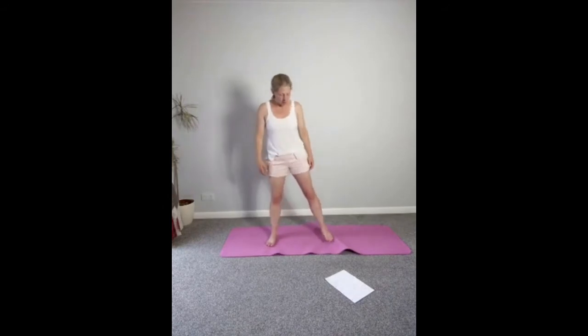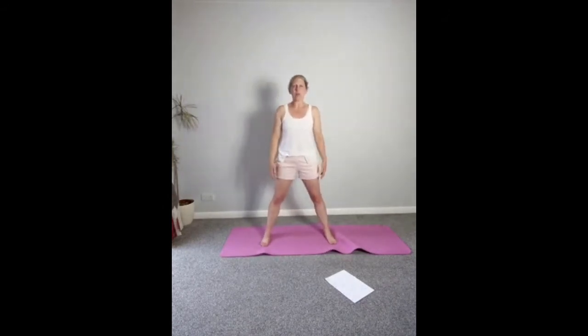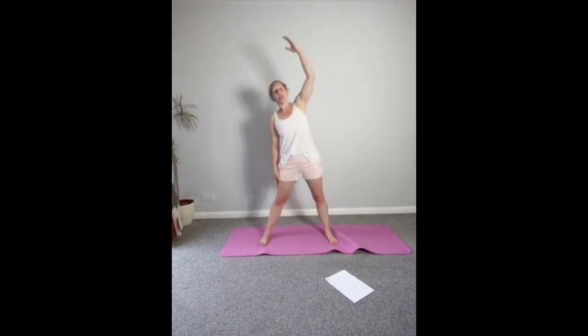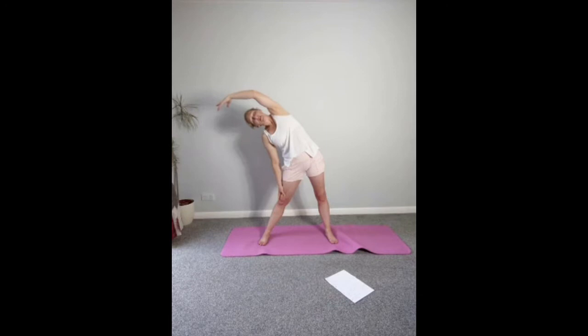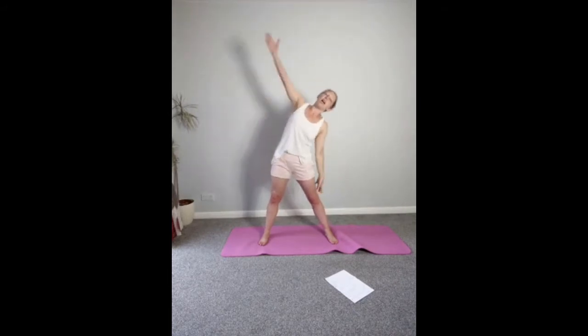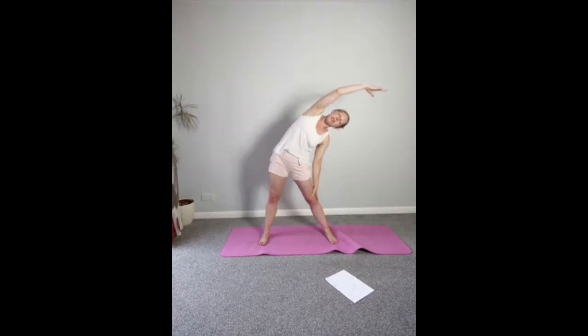Coming back to centre, relax the arms back down by the side of you, and then we're just going to take the feet a little bit wider, but so it's still comfortable, and just reach up and over to the side. So just taking that stretch through the waist all the way down to the hips a little bit further, reaching over, holding it there, keep reaching, engage that tummy, lifting up and over to the other side, so reaching away,